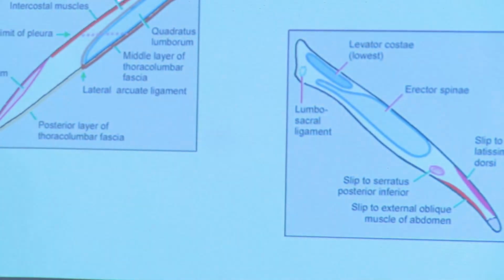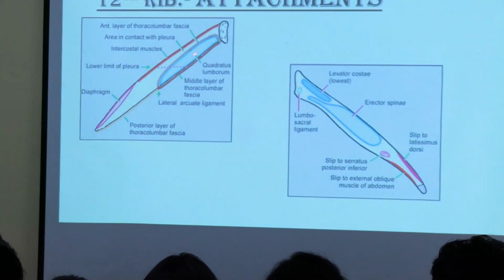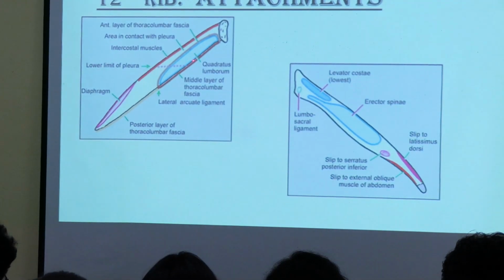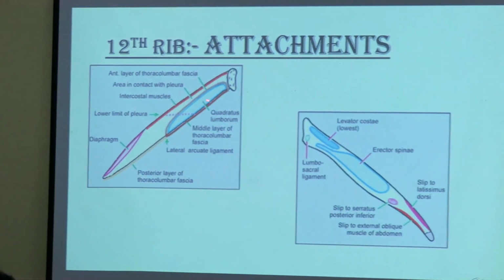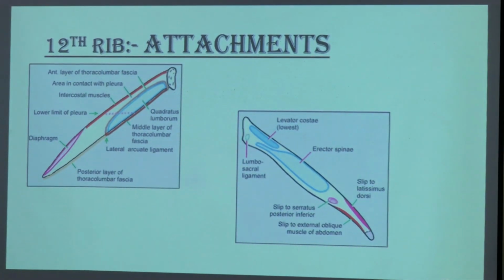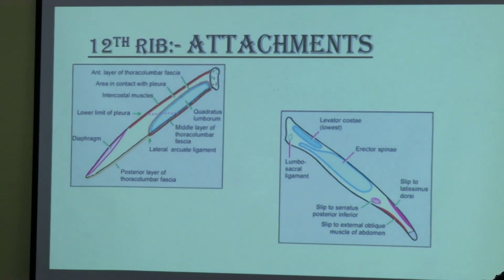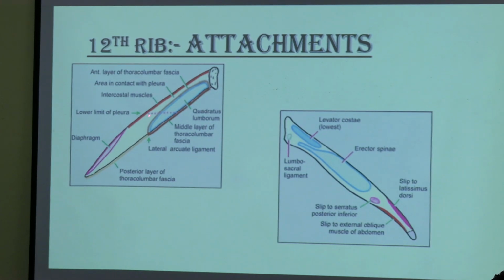See, this is the anterior surface, medial half. In the lower part we have this muscle which is the quadratus lumborum muscle. It is in the case of the 12th rib. Anterior surface, medial half, lower part we have the quadratus lumborum muscle. Then the anterior layer of thoracolumbar fascia will be above this quadratus lumborum. This is the middle layer of thoracolumbar fascia, and the posterior layer is in the lower border, lateral part. 3 layers: anterior above the quadratus lumborum, middle below the quadratus lumborum and posterior layer in the lateral part, lower border.